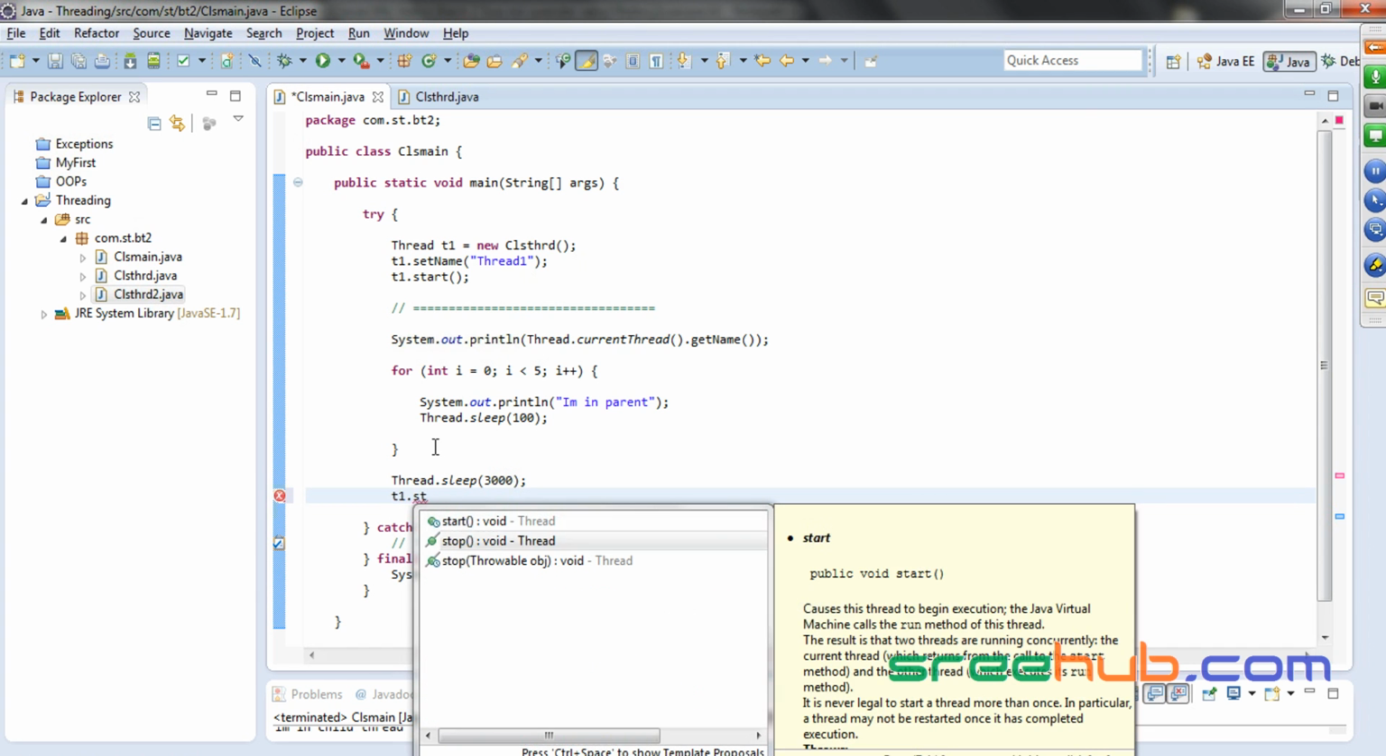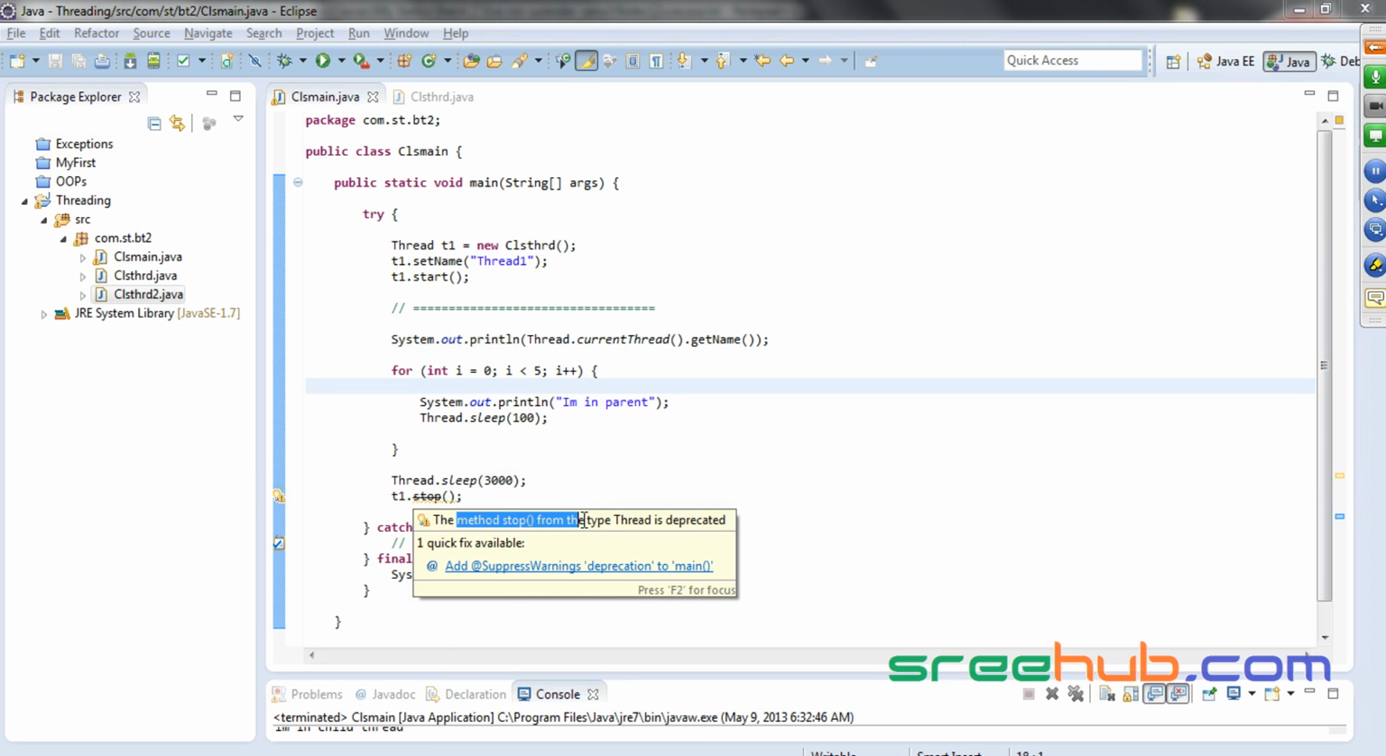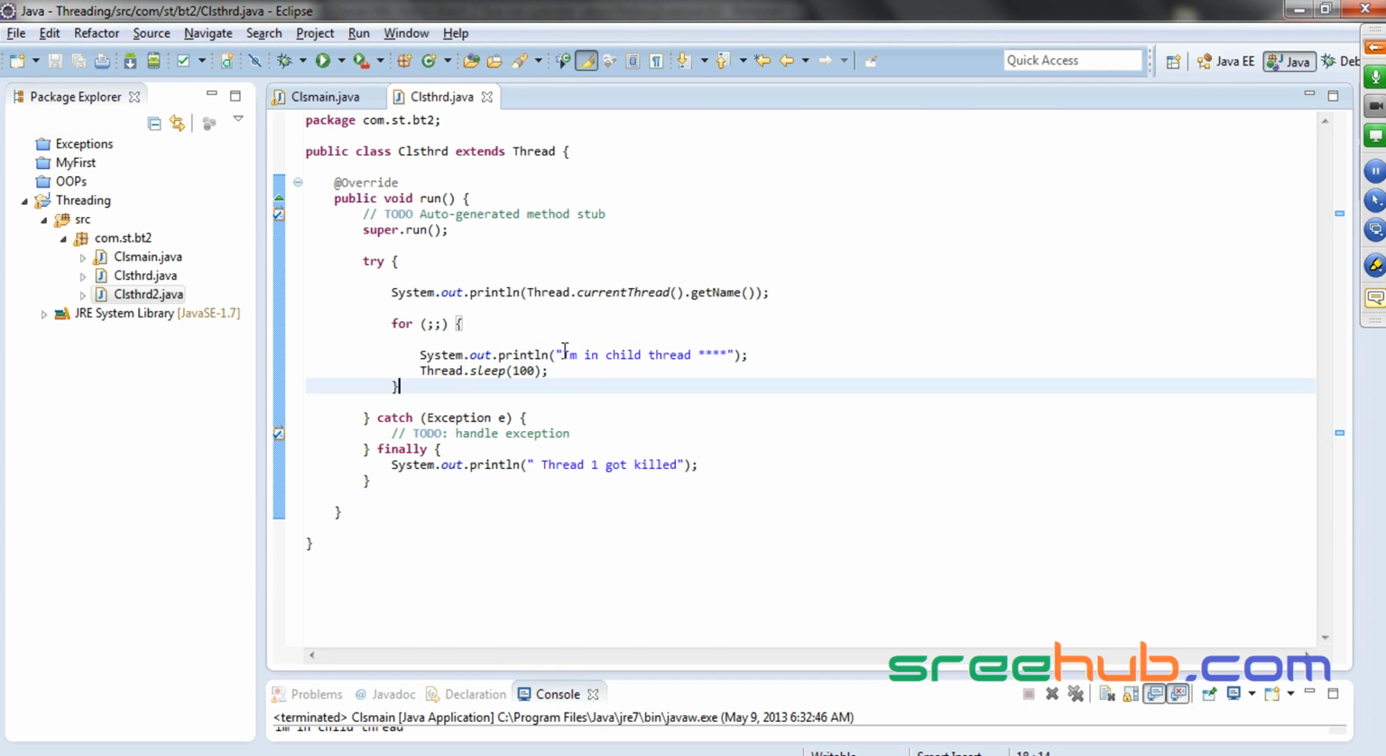You have a stop method anyway, but when I write the stop method, it will give you a line over there. It says stop is deprecated, because you should not use this method. But let me show you how it actually stops your thread when we use stop. In this thread, it says I'm in child thread, and many other things will be processed, which is